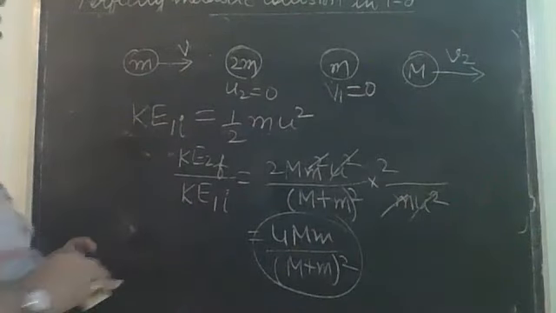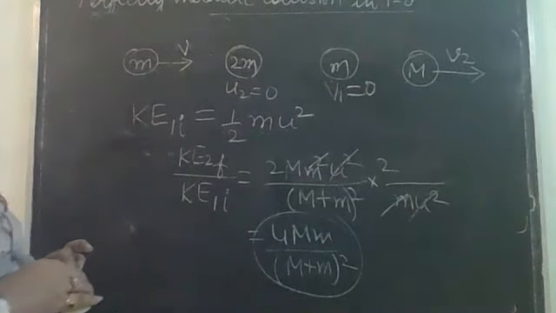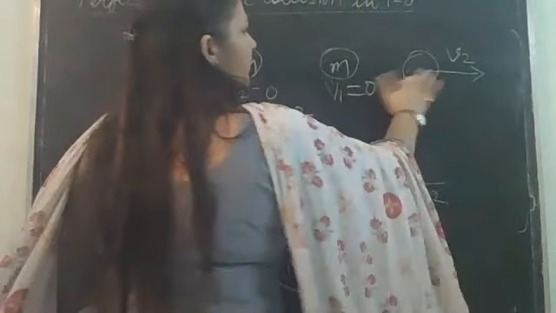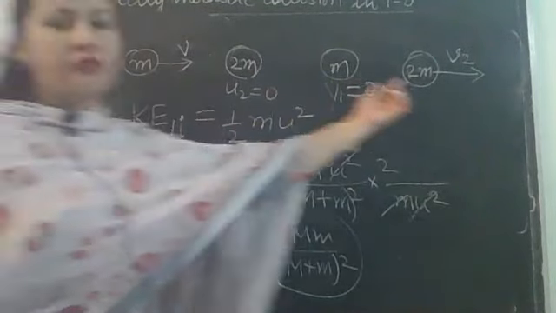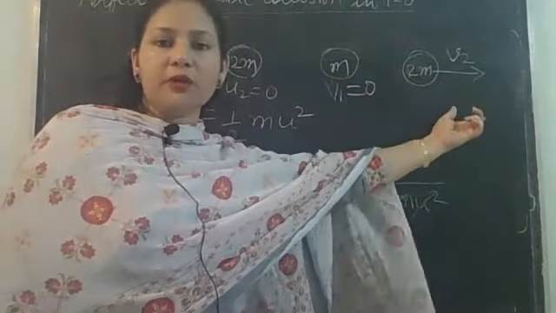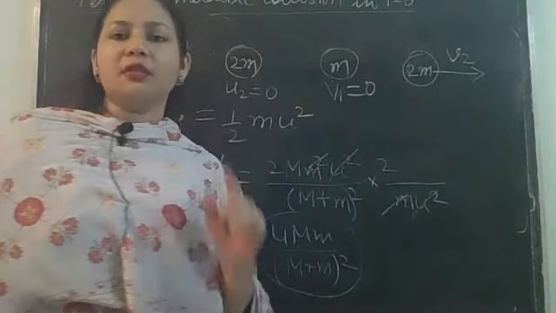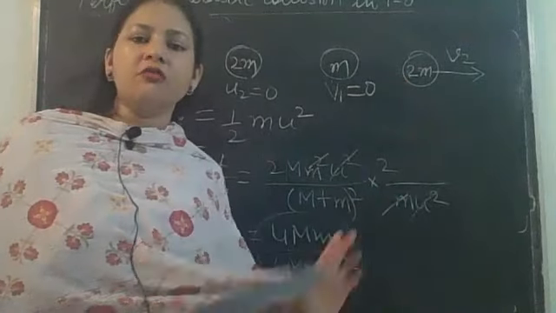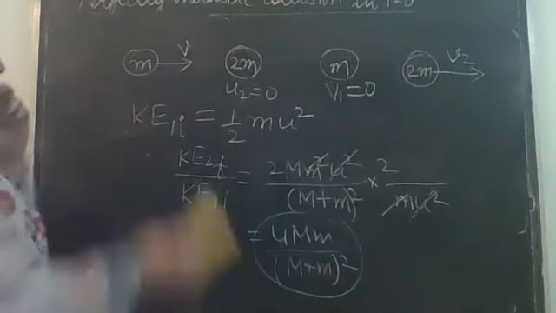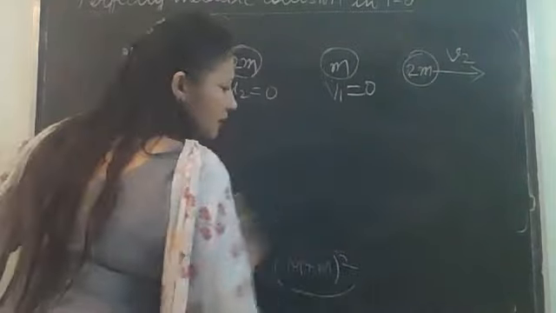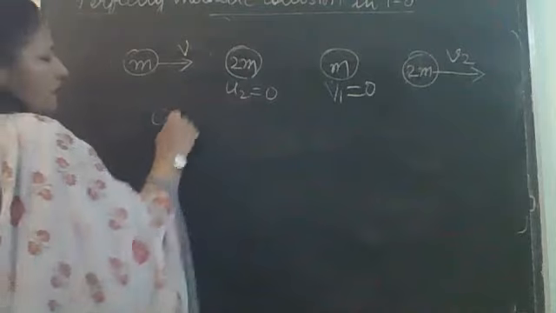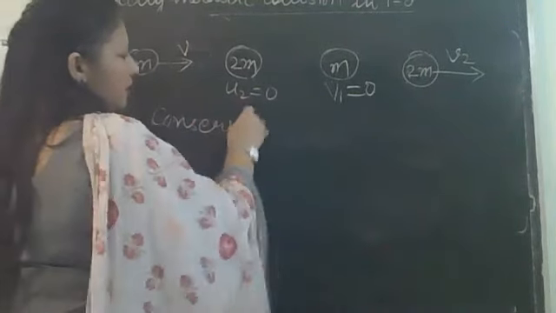Find the coefficient of restitution. Small e we are to find in this case. So that means mass 2m will move with certain velocity, but we don't know with what velocity it will move. So our first aim is to find that velocity v2. Then we will find coefficient of restitution from its formula. Okay, so let us apply the law of conservation of momentum. This is applicable in all types of collisions.